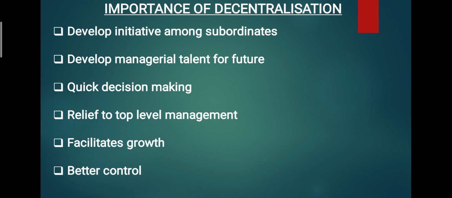Last is better control. In decentralization, employees working at different levels take their own decisions and they personally are accountable for their decision. They cannot pass the blame कि ये उसकी वजह से गलती हुई या उसकी वजह से हुई. It will be their decision, so they are responsible for it. Will exercise better control. Secondly, we can keep the control using a scorecard also, or management information system also, MIS